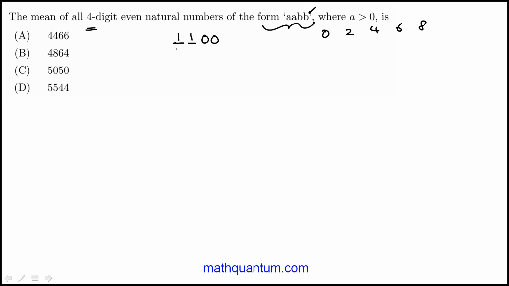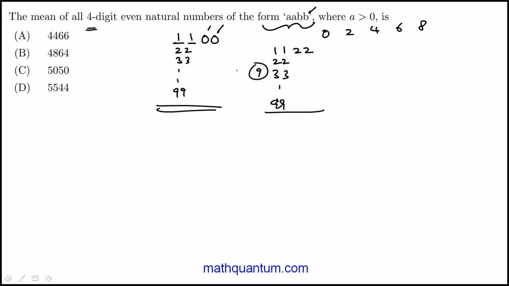Well, it could be 1 1, 2 2, 3 3, all the way to 9 9. So that's one scenario. And if I expand this, that if instead of 2 zeros, I have 2 2s, then again, I'll have 1 1, 2 2, 3 3, 9 9. So that would be 9 more such numbers, 9 here. And then if it's 4 4. So I like to do this so that I'm very clear what's happening. Same thing. And then same thing with 6 6. So at least at this point, I've kind of seen that I'll have 45 such numbers,